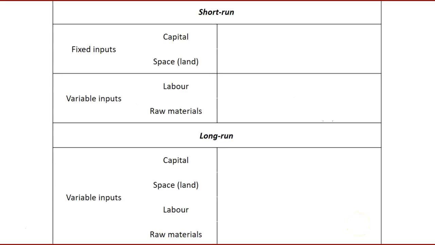So what do we mean by fixed and variable costs? Well, they're simply the costs associated with the fixed and variable inputs. So for fixed inputs, we've got a corresponding total fixed cost, and if we're talking about capital and space as examples of fixed inputs, then we would say the associated costs of them are going to be interest payments on